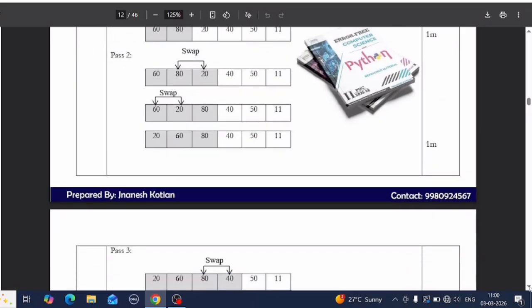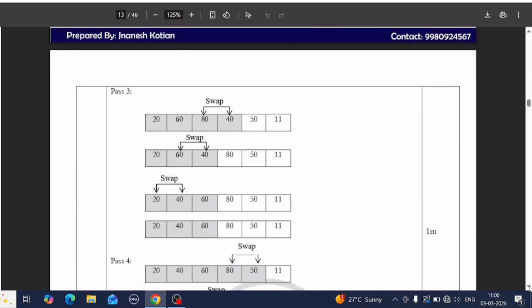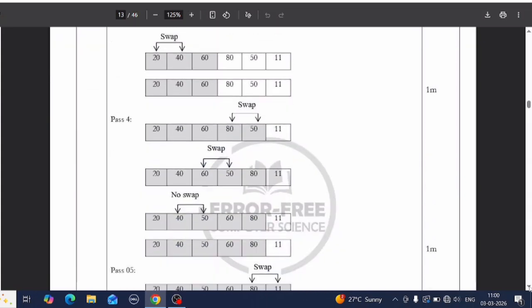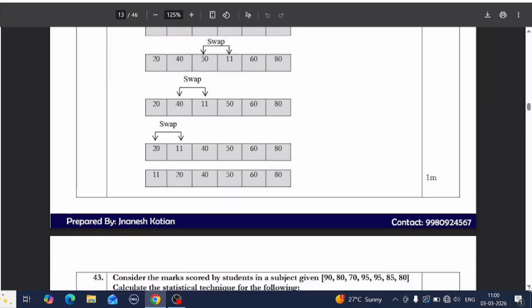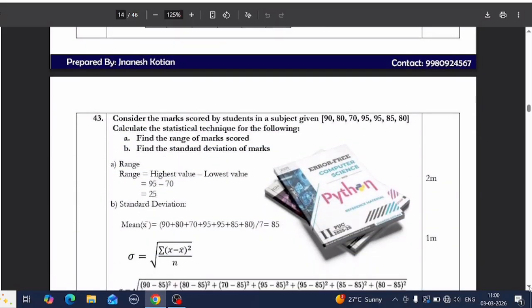Try to practice the diagram. So you have to explain pass 1, pass 2, pass 3, pass 4 and pass 5. If you draw the diagram, it is sufficient, you need not explain. And the next one is